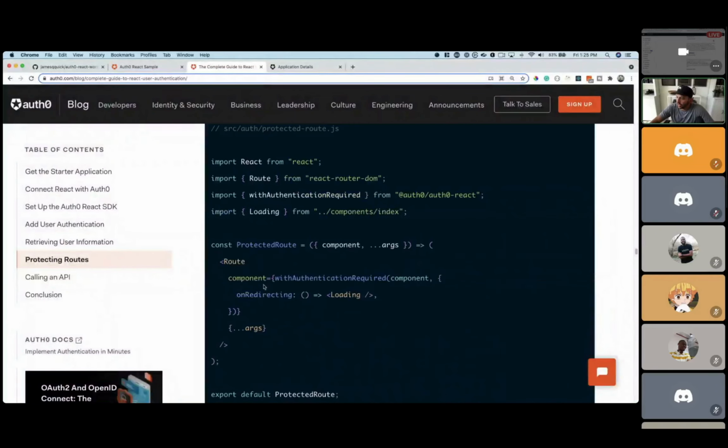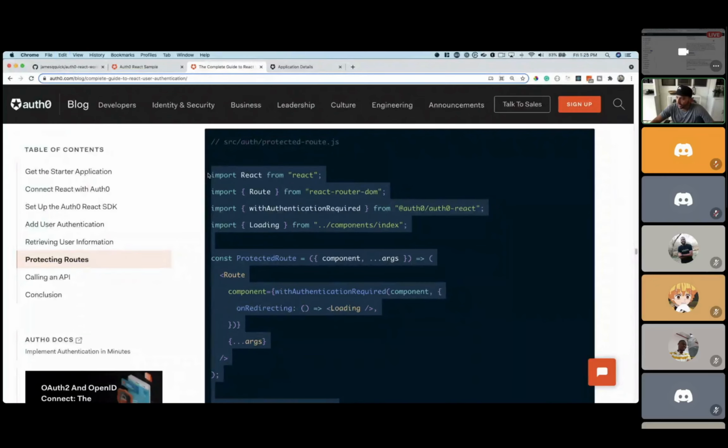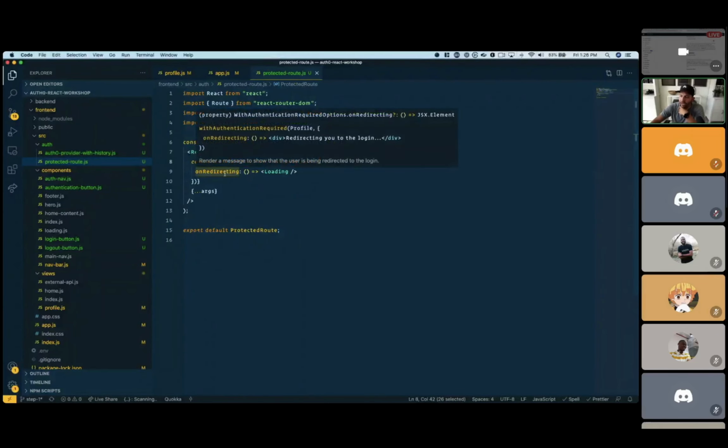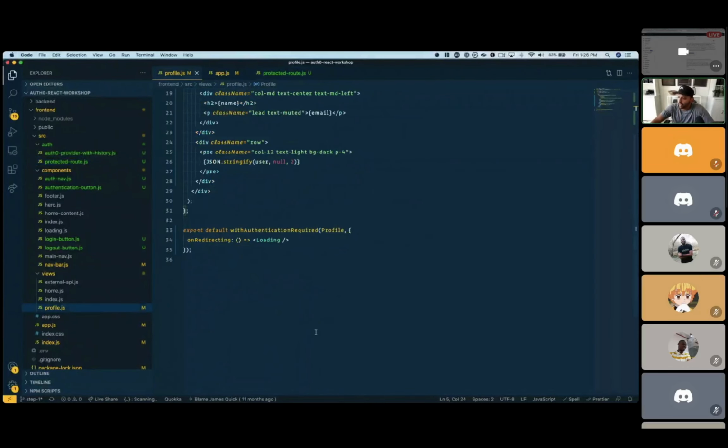And then in here, we're going to move that withAuthenticationRequired function into here. So we're going to create a protected route component that's going to use the Route component from React Router. And notice that we bring in the withAuthenticationRequired function, and that's going to basically just wrap our component that gets passed through props to our route component. So we can remove it from our profile,